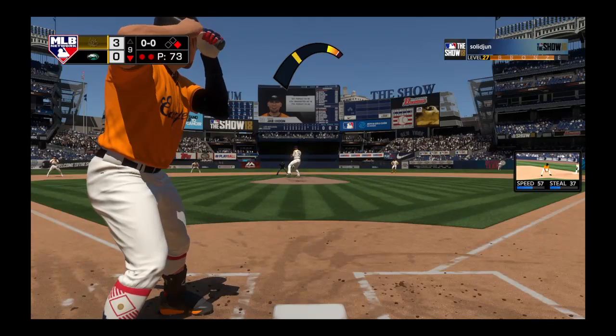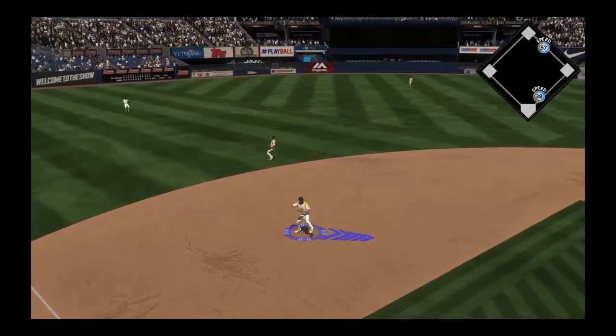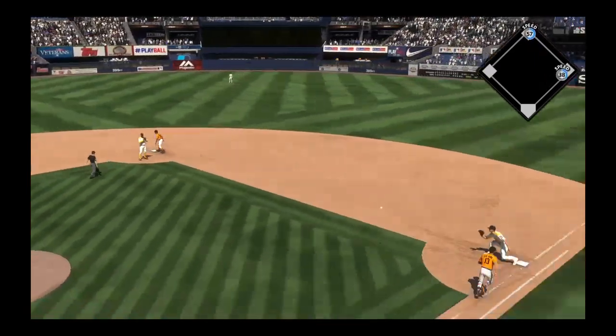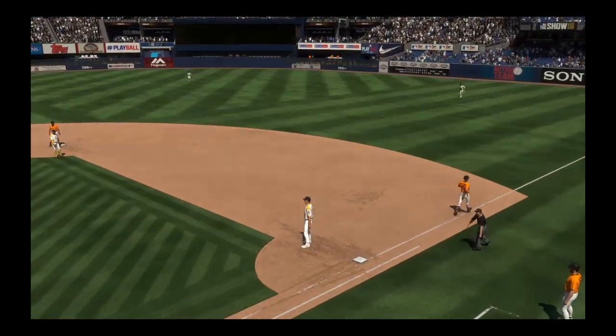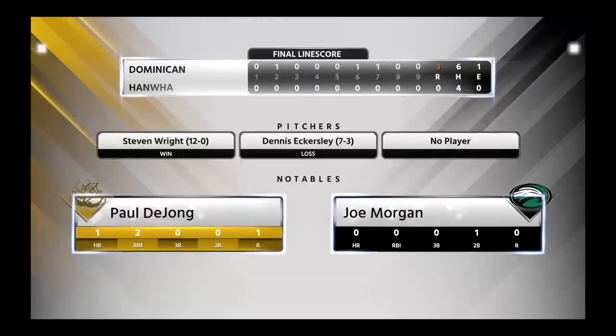So digging in now, number 13. And he needs to make something happen. They're down to their final out here in the ninth. Throw on to first, and the ball game is over. Well, we talked about his dominance all throughout the game, and he ended up finishing what he started. A complete